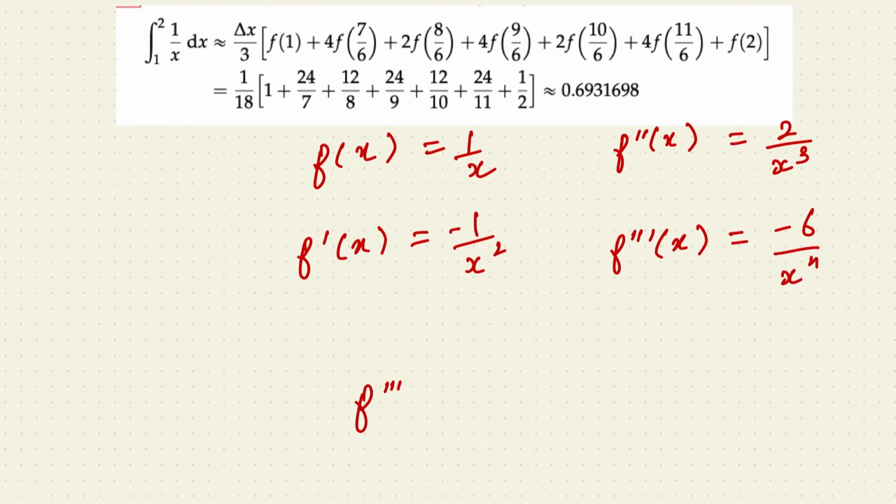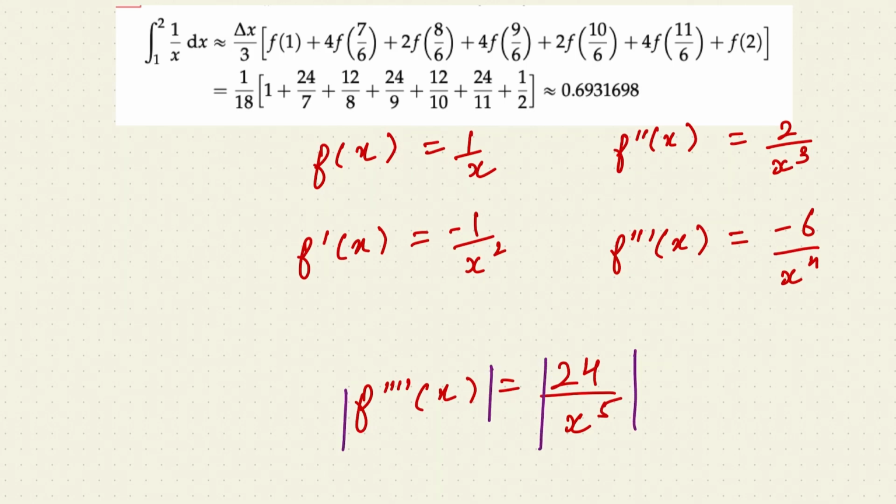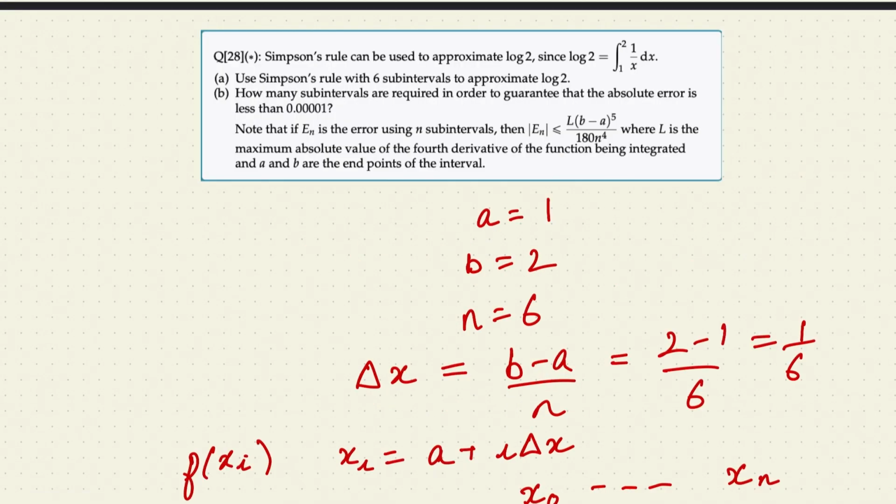And then the fourth derivative, which is what we are concerned with, would simply be 24 upon x to the power 5. So now you have calculated the fourth derivative of f of x, and since we are only concerned with its absolute value, if we take the absolute value on both sides, we have to calculate the maximum value of this expression in order to calculate the value of capital L. And that should be the maximum value over